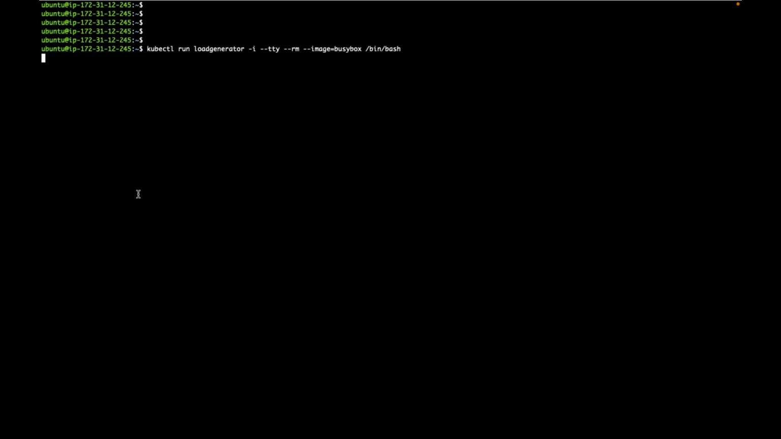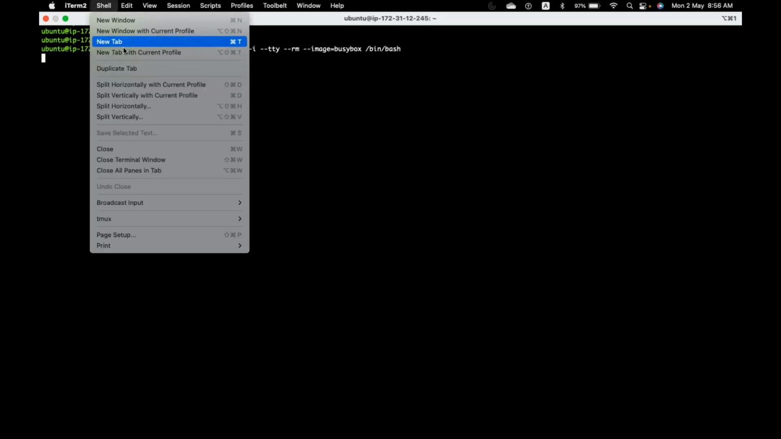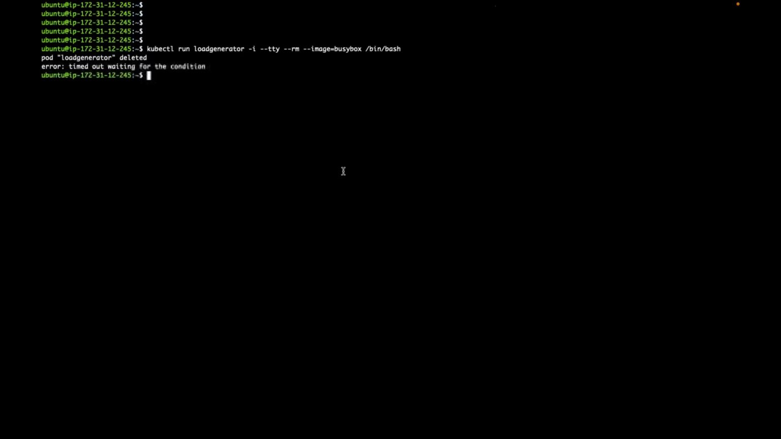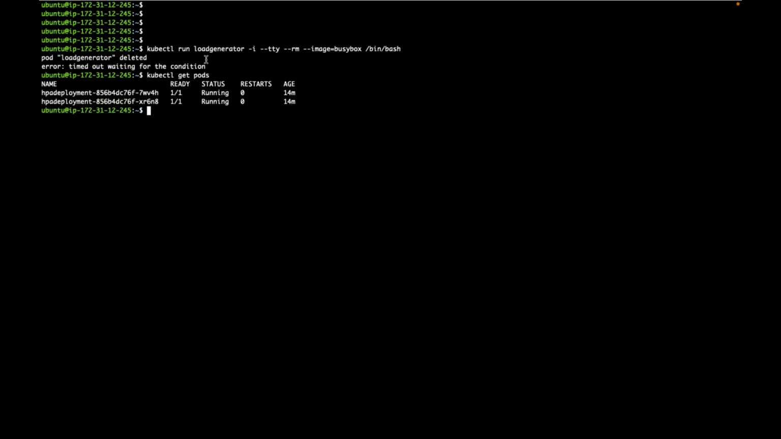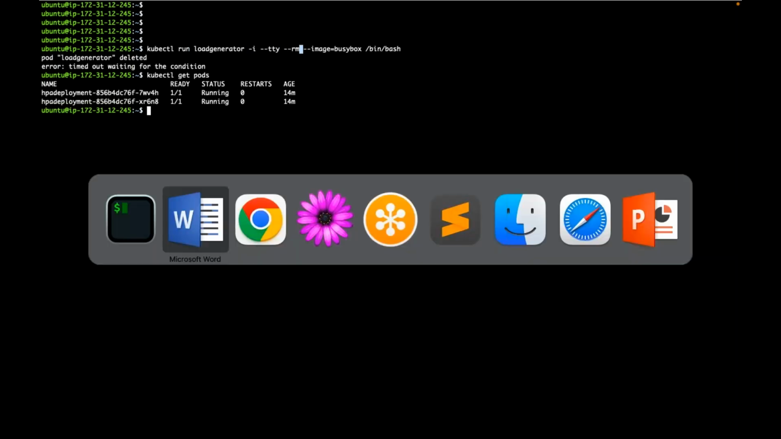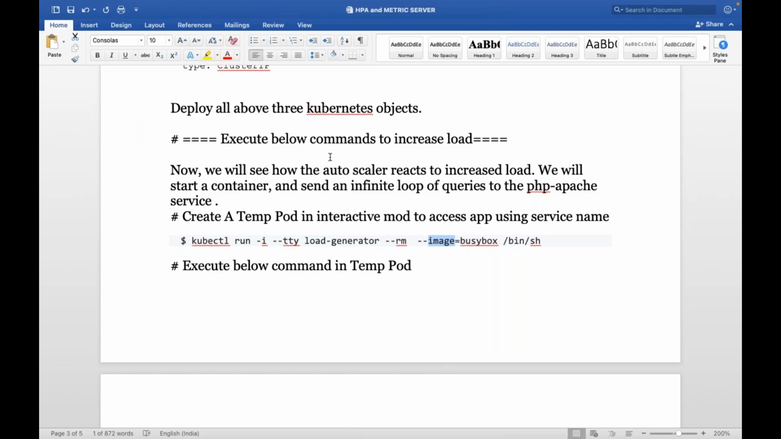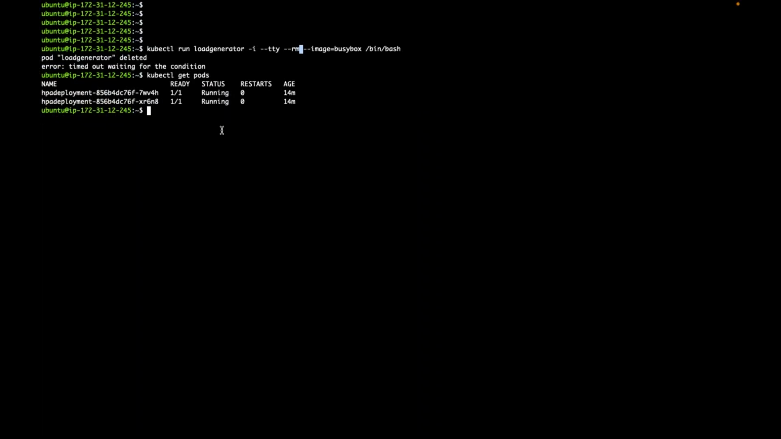Now let's see what is happening. It is taking a huge time. There is a problem. Might be something wrong with my command. kubectl run load generator -i -tty --rm --image, kubectl